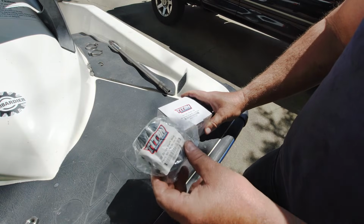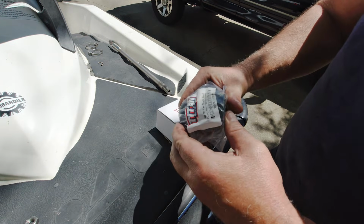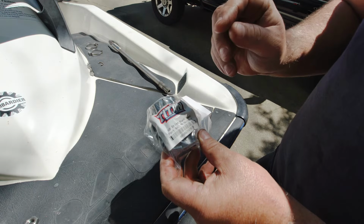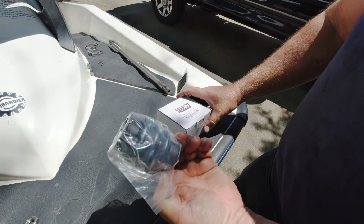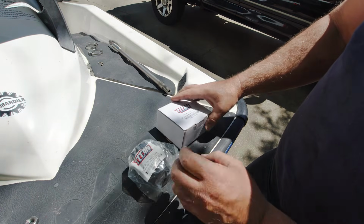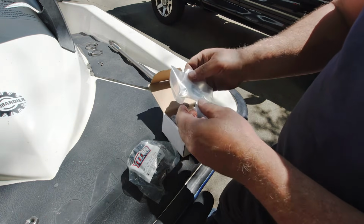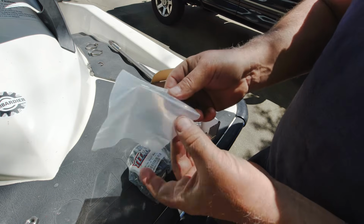Well, we got our kit. This one's made by Titan Performance Parts. I bought it off the Jungle website. It's like $54. And it comes with the boot, couple of new O-rings, a new clip,